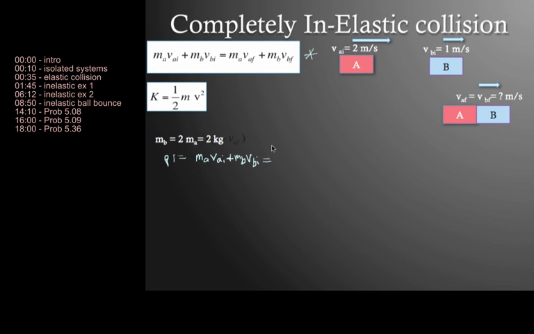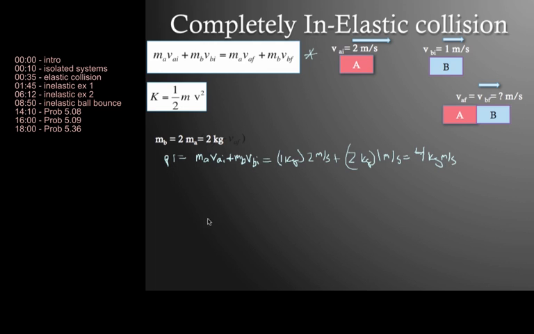We know car A is 1 kilogram and it's moving at 2 meters per second. And B is 2 kilograms, but it's moving at 1 meter per second. So we can see here we got 2 plus 2, so we're going to end up with 4 kilogram meter